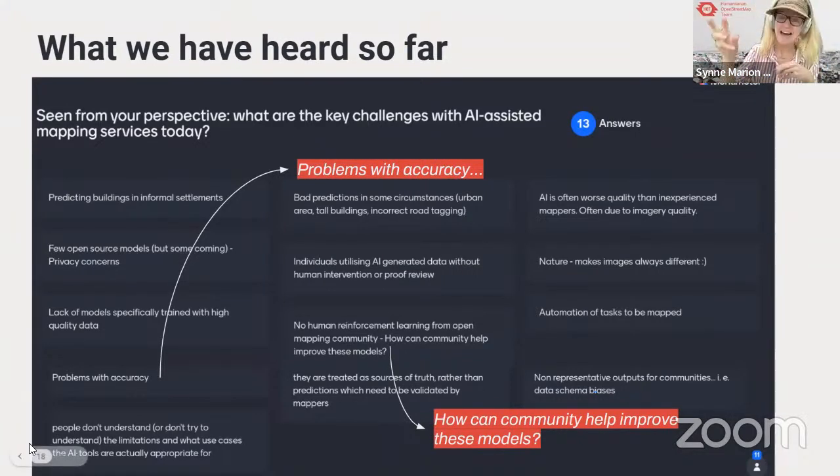So as an add-on to the work that we're trying to do and experiment with FAIR, we wanted to start a little bit early, also hearing from people in the community. And so we asked a few questions a couple of months ago, and especially after some of the experiences with data quality in the aftermath of the earthquake in Syria and Turkey. And just a very brief summary of what was being said.